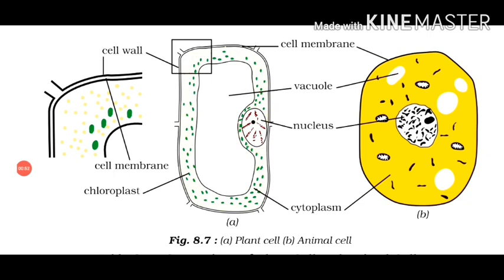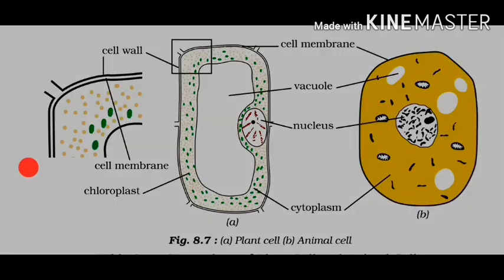Let's begin with our first topic, that is parts of the cell. The basic components of a cell are cell membrane, cytoplasm, and nucleus. The cytoplasm and nucleus are actually enclosed within the cell membrane, and cell membrane can also be called as plasma membrane. Cell membrane, it is the outermost body of the cell and it is made up of lipids and proteins. It is present in both plant as well as animal cell. This membrane is living, thin, and delicate.